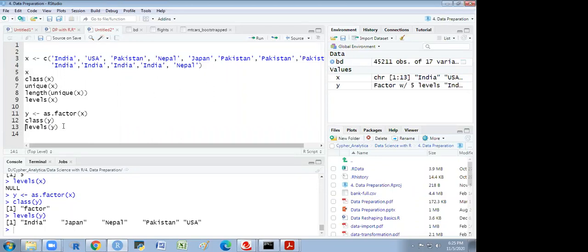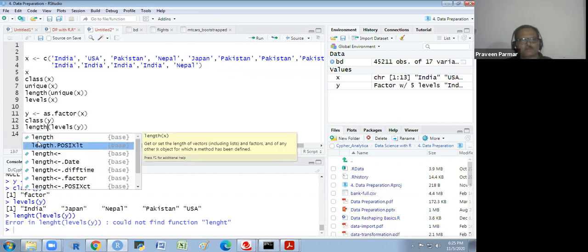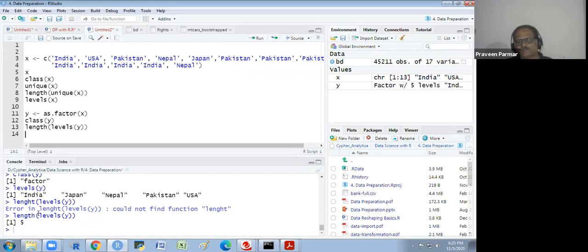So if I see the length, it could not find the length. Oh, I made a mistake in the spelling. The length is 5 here also. I remove one.